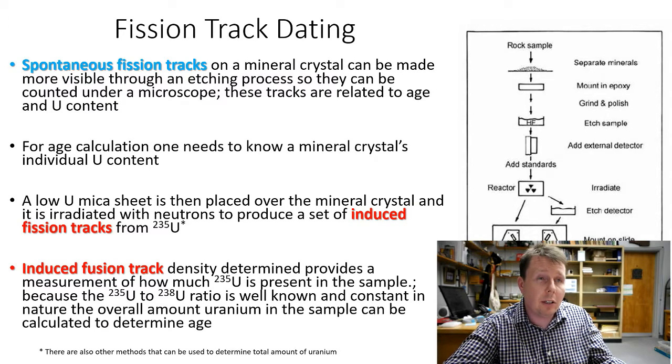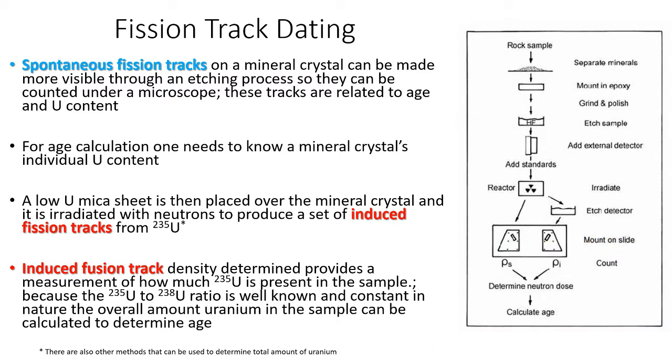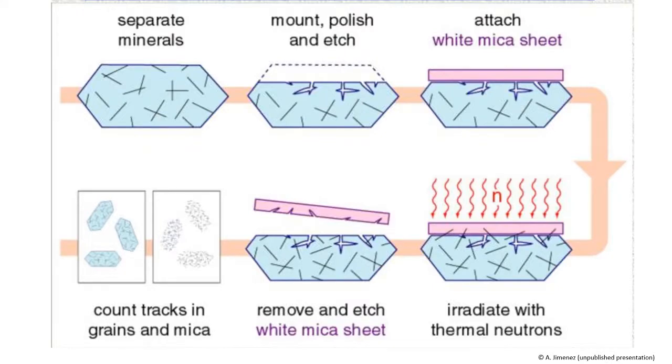And induced fission, the way it works is, in a laboratory, we aim kind of a neutron gun at an isotope and we fire it at it to super excite it and cause it to initiate further fission and scar the crystal more. Now, the technical process here is shown on the right-hand side, and I've even got one in the next slide. Let me just bounce to the next slide for a minute. This is showing you how things happen.